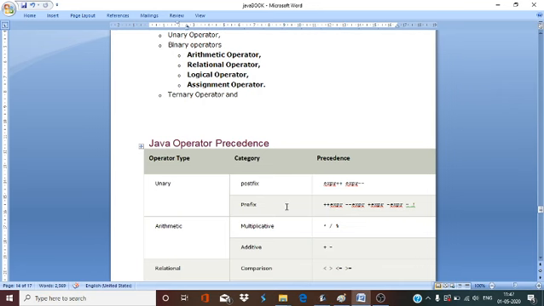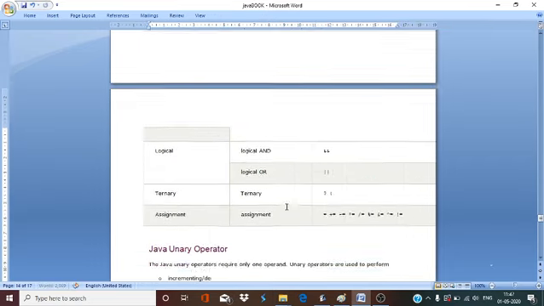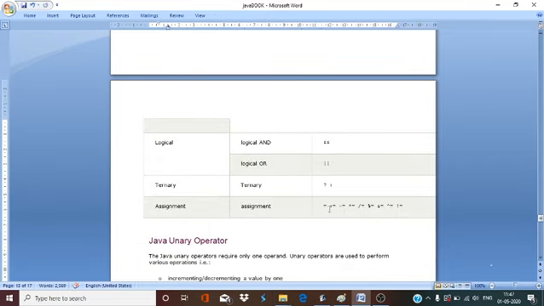I can show you the examples. See, equals, plus equals, minus equals, product equals, divide equals, modulo equals, and equals, or equals, not equals. These are the examples of the assignment operator. Now next is the ternary operator. That is a very important operator. We also call this the conditional operator.